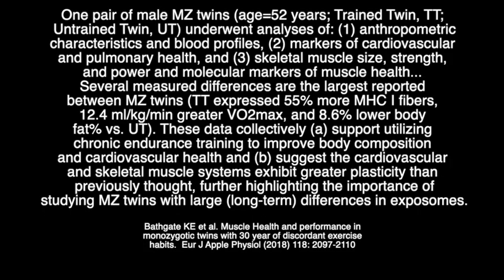So Dr. Galpin did another really interesting paper, actually a year before the weightlifting one, but I don't organize these things, as you realize. What he did was he found two identical twins, monozygotic twins, one of whom had performed endurance training, running and triathlon for 30 straight years, and the other one who had not performed any regular exercise. And he had the whole battery of tests: body fat, blood lipids, muscle strength. But really interesting was they took a muscle biopsy of the quads. And they found that the endurance-trained twin had 55% higher type 1 muscle fibers than the twin that didn't exercise,